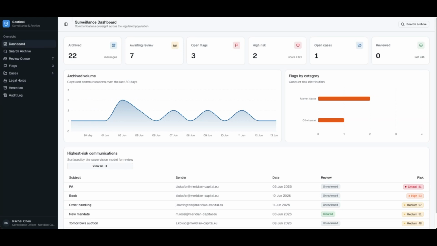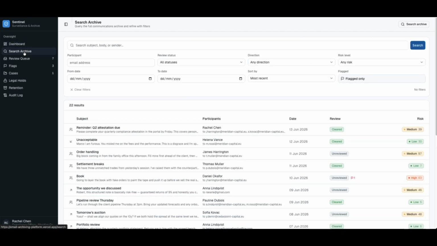So this platform gives an overall view of how many messages are archived, as you can see from this dashboard, how many are high-risk communications, and also some of the flags by category, and also the list of the high-risk communications. And to the main functionality of this platform, which is the search functionality, where a compliance officer can search through